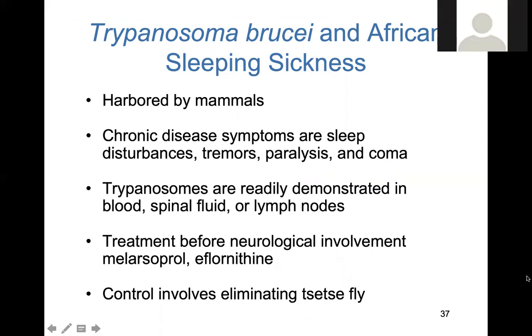So chronic disease symptoms are sleep disturbances, tremors, paralysis, and coma, all right? So when you see that, you're thinking, well, wait a minute, that's neurological. Something is compressing the cortex, and that's from all that inflammation in the meninges, dura mater, and pia mater. And then if we wanted to test for this, they're literally, we saw how big they were